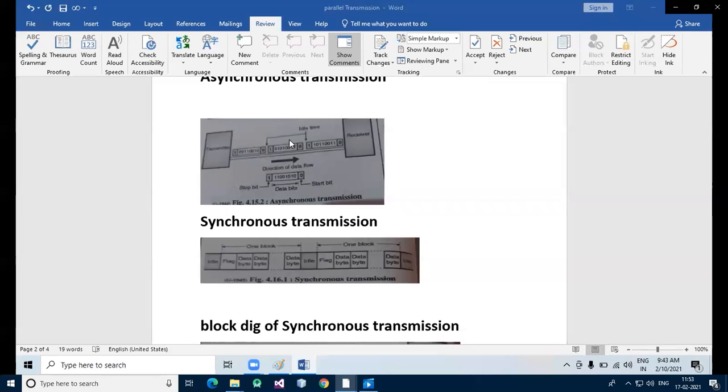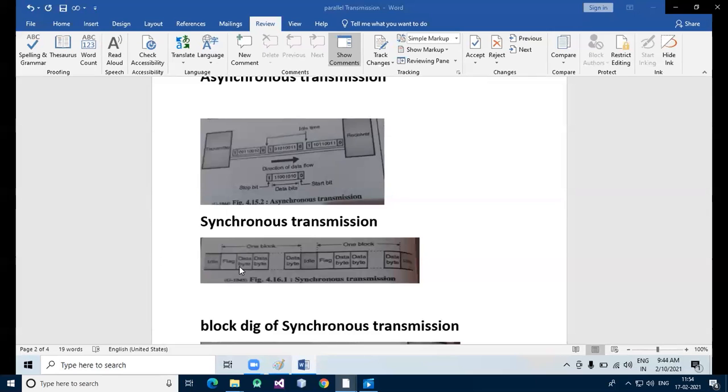Synchronous transmission is carried out under the control of a common master clock. Here the bits which are being transmitted are synchronized to the reference clock. No start and stop bits are used. Instead, the bytes are transmitted as a block in a continuous stream of bits. In this figure of synchronous transmission, you can see an inter-block idle time which is filled with idle characters. The receiver operates at exactly the same clock frequency as that of the transmitter,